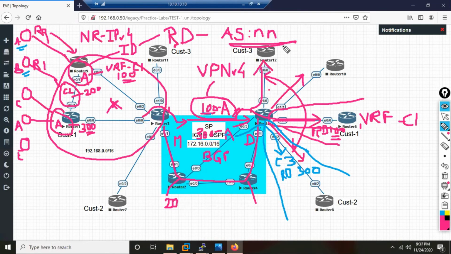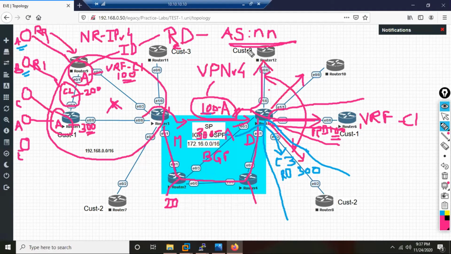Remember, I said BGP is a flexible protocol to support future technologies. You can add new features, so extended community was added for this reason. The RD is like an extended community of BGP, because only BGP can do this magic. All your IGPs cannot do this. So when this requirement came, BGP added this community attribute. So basically, this RD is using the extended community of BGP, and in the new format, AS colon NN.